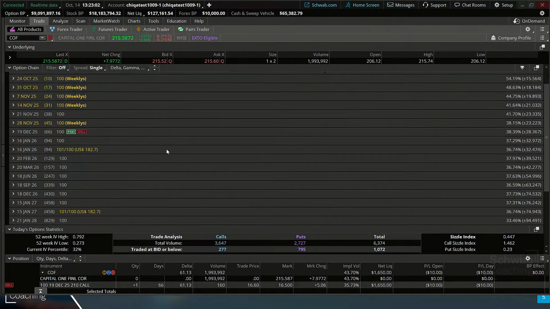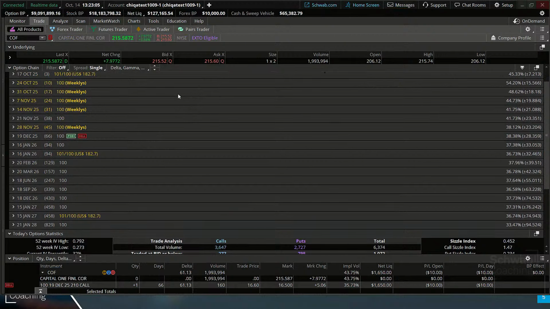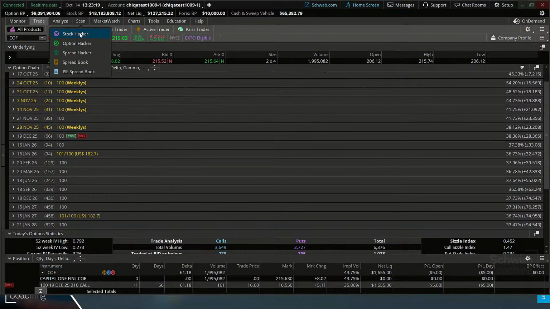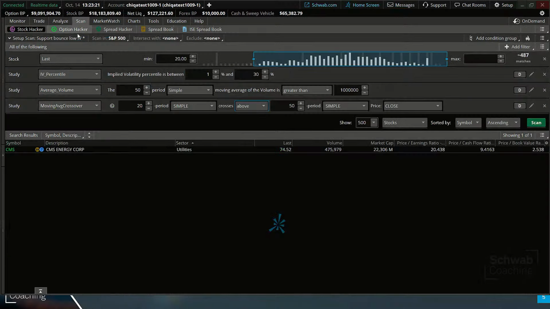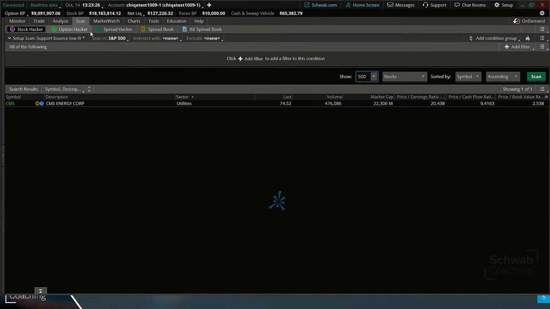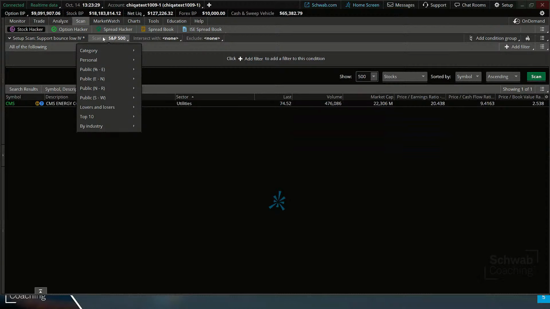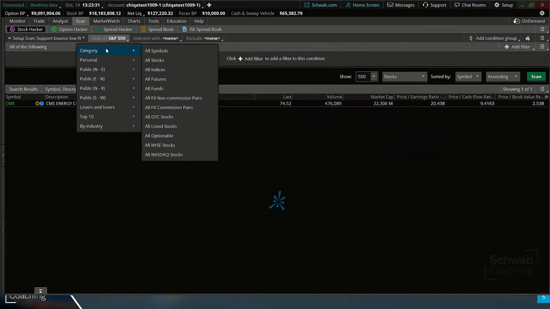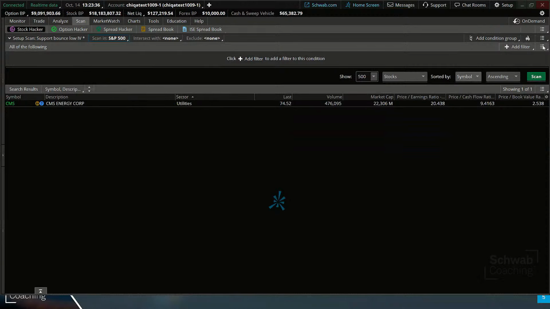Now, since we placed our first trade, I mentioned showing the scan that we could do, or a possible scan idea on how I'm finding a few of these technical setups. You can take any bit of this into your own process as well, but I'm just going to move over to the Stock Hacker scan and look at a few different things here. The first thing I wanted to do was scan within the S&P 500. Now you can scan in the NASDAQ, you can scan in all listed stocks, however you want to look there.